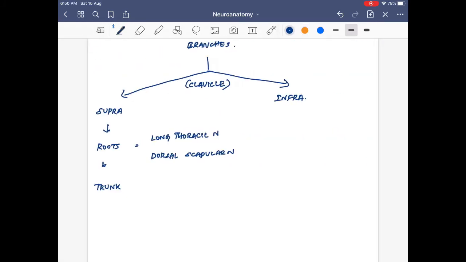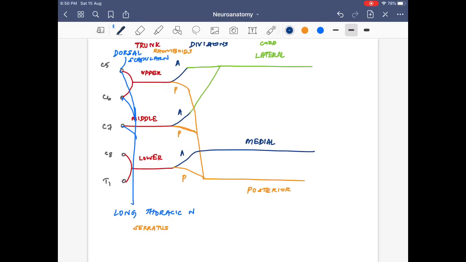Okay, so now coming to the branches arising from the trunk. So from the trunk we have the suprascapular nerve, then we have the nerve to subclavius. So these are two S's. Remember two S, and that is the suprascapular nerve and the nerve to subclavius. So again coming here, I'm drawing from the upper trunk, that is from C5 and C6 only, that arises. So there are two S's. One is the nerve to subclavius and the suprascapular nerve. So now there are no branches from the divisions. You have to remember this. So there are no branches from the divisions.